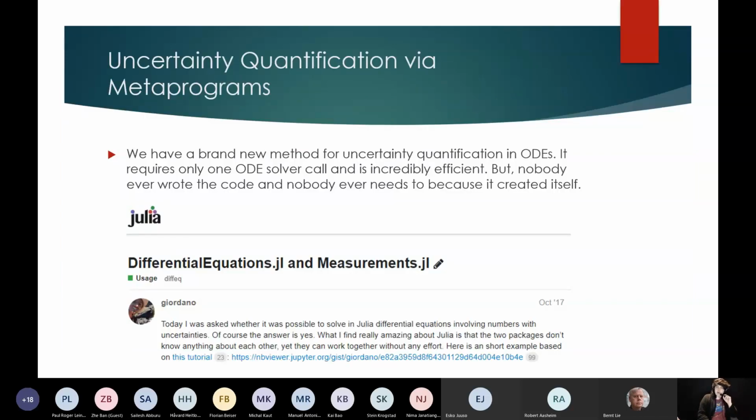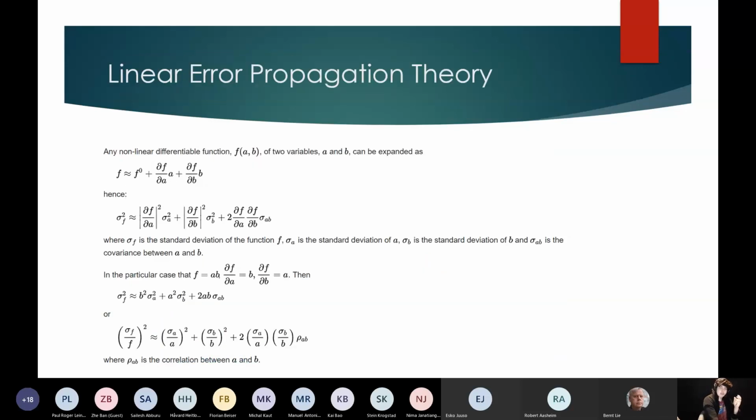Here's an example. One thing that is very interesting about a real composable library is that users tell you about features of your library that you did not know about, years in, because the compiler actually generates new features. Here's one example that we found in 2017, where a user on the Discourse forums posted, and this is how we figured out a new feature of the differential equation solver library. They said, here I defined Measurements.jl, which is a new number type. I put it into DifferentialEquations.jl, and it just worked. And so therefore, we have a new feature. So what was this new feature that the user found that the compiler was automatically generating? They had done.